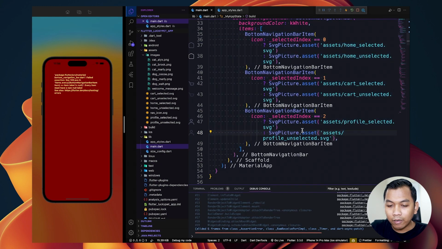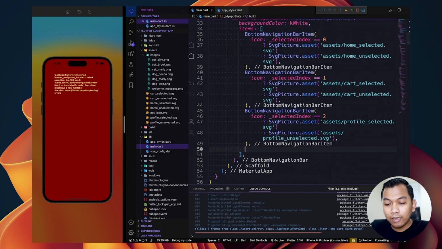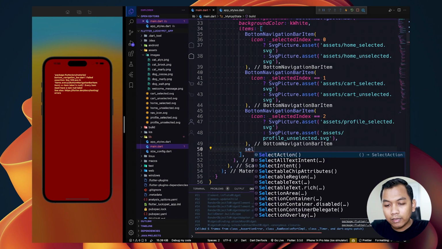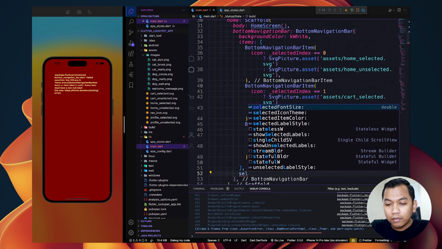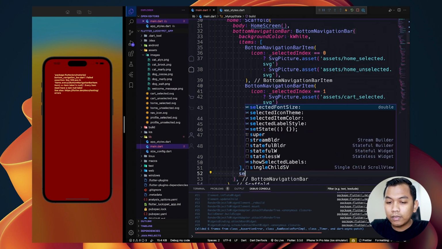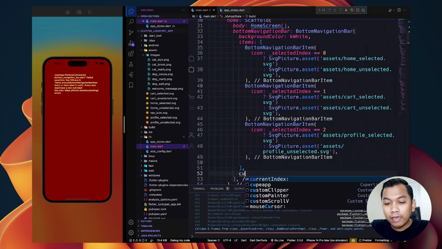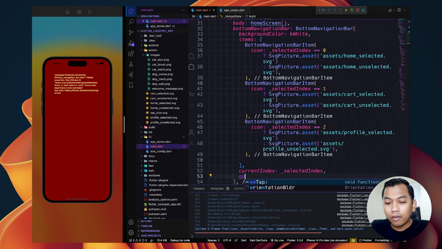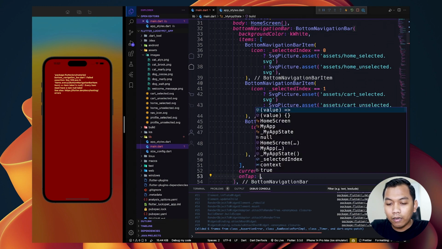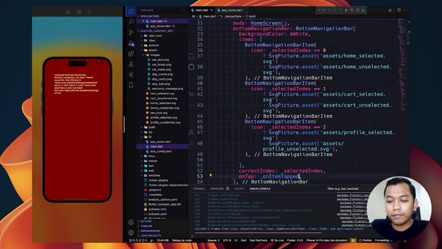We still have error because we haven't yet added selected here. What we say, current index will be selected index, and on tap will be onItemTap.